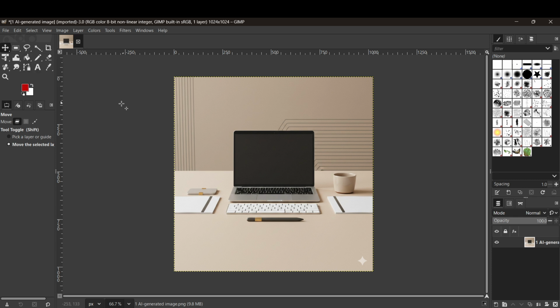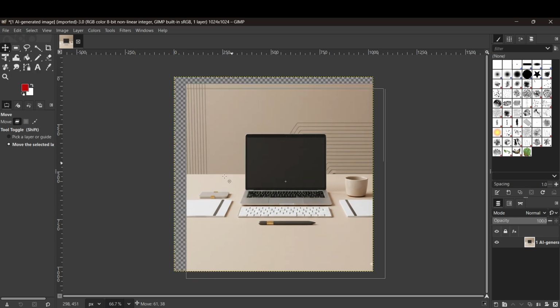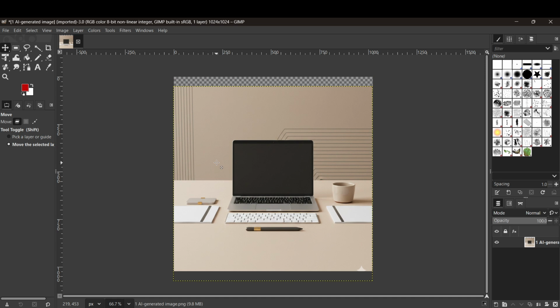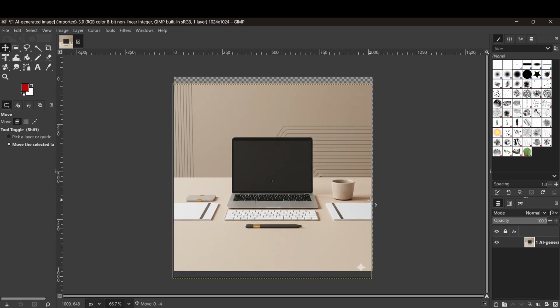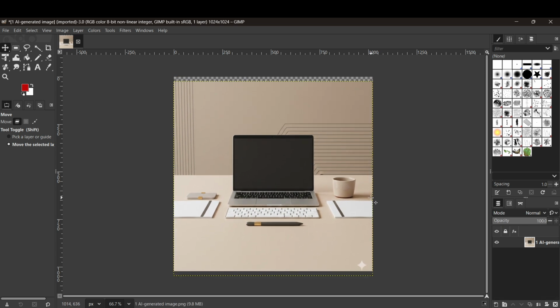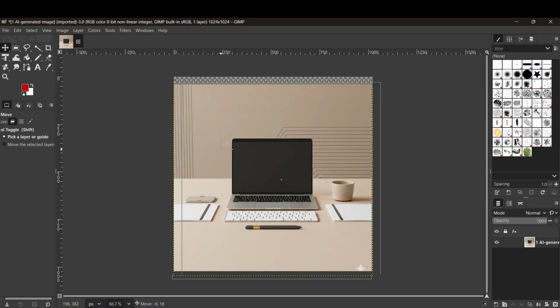With the Move tool selected, check the tool options, usually at the bottom of the toolbox. Set it to Pick a Layer or Guide. This tells GIMP to grab the layer you click on, rather than accidentally trying to move a selection or a path. If this option isn't set, it's easy to feel like nothing is moving when GIMP is actually trying to